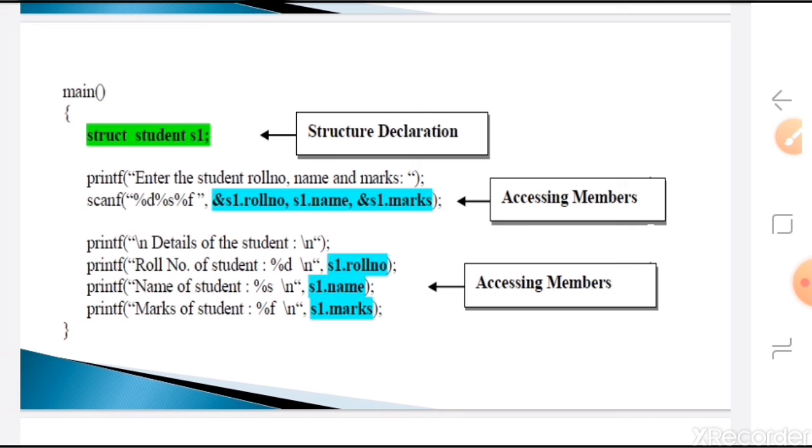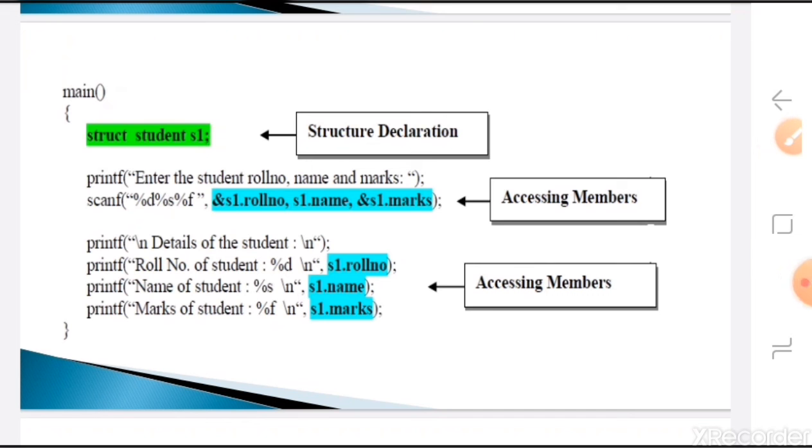Here we write roll number of student with percentage d, so it will display the roll number. The name of the student we display using the percentage s format specifier, and the marks of the student using the percentage f format specifier.